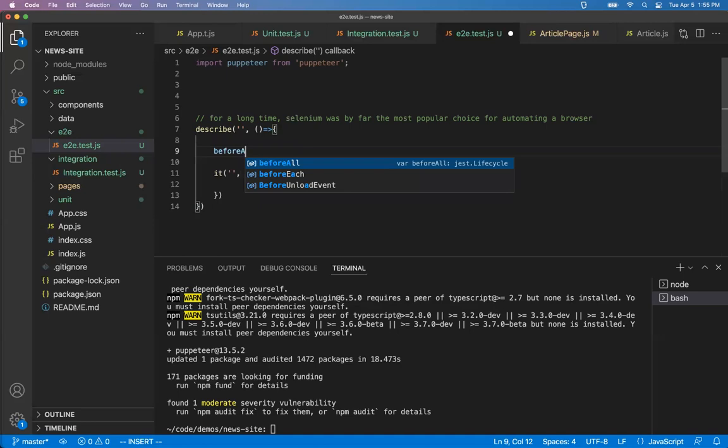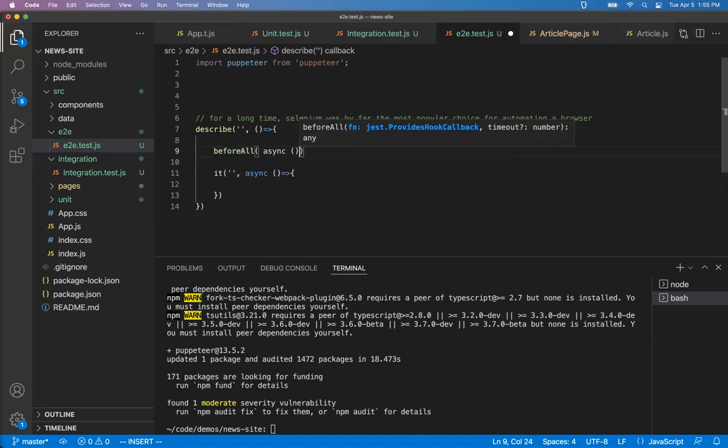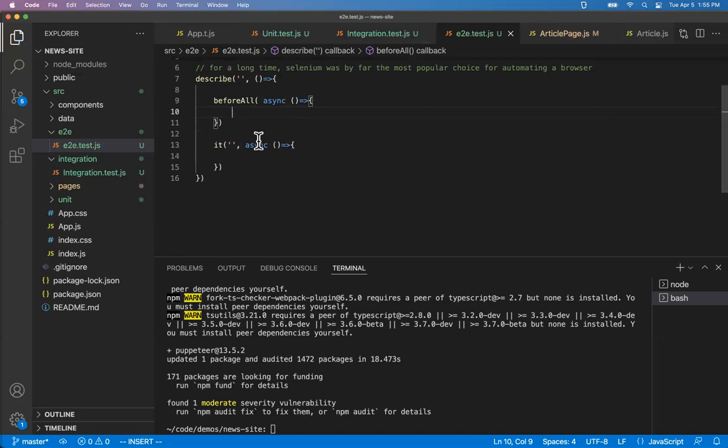I'm going to declare a beforeAll function here. This takes a callback function. So basically what this is saying is that before all of the tests in this describe block, so I've got at least one, but there might be others, before all of them, we want to run this function. What we're going to do in this function